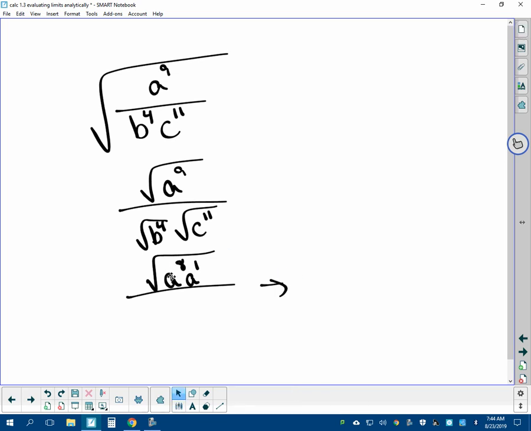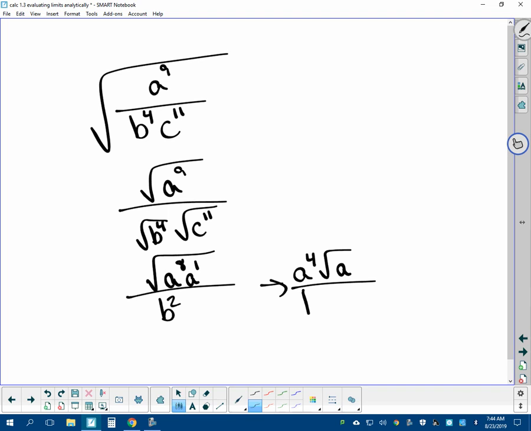Well, we know the square root of a to the 8th. All you have to do is take your exponent and divide it by your index. Your index here is a 2, so that becomes a to the 4th. The square root of a to the 8th is a to the 4th. But we can't take the square root of a to the 1st, so we leave that as square root of a underneath. Now in the denominator, the b to the 4th is already even,